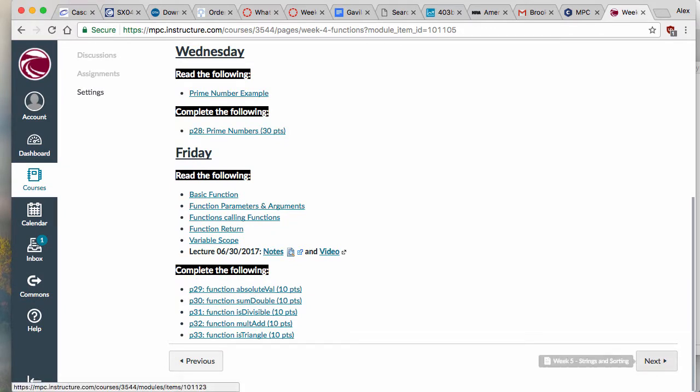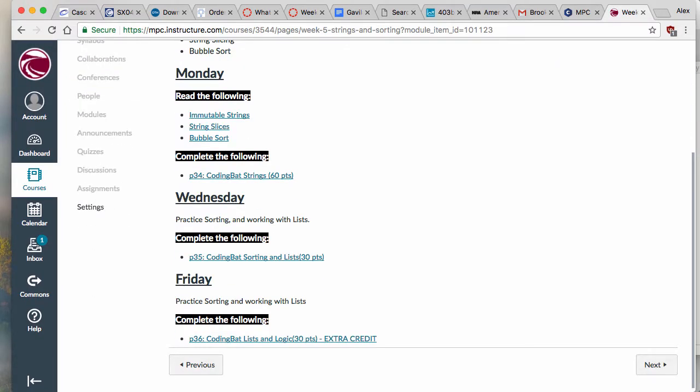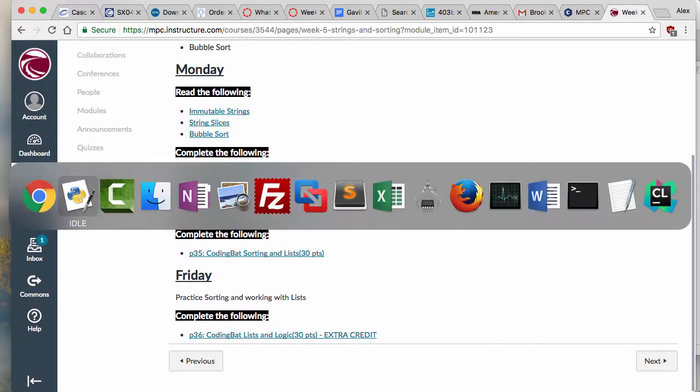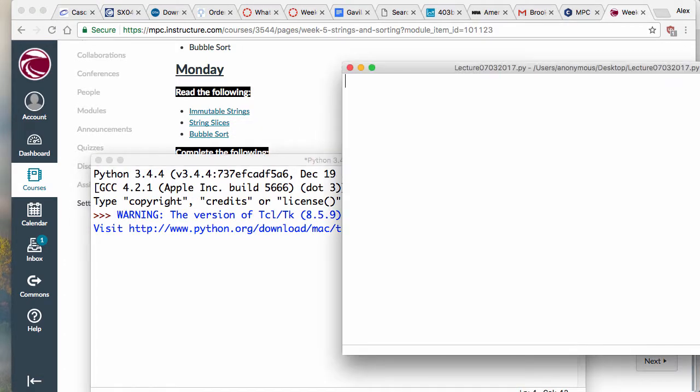all that good stuff. So this week we're going to practice things with functions, and I'll introduce sorting and the bubble sort. So let's get started with that. So first of all, there's a couple of things in there about what's an immutable string. Just to remind you, let's say you have a string equal to hello, right? You can't go and do string[0] equal to uppercase H, right? Can't do this